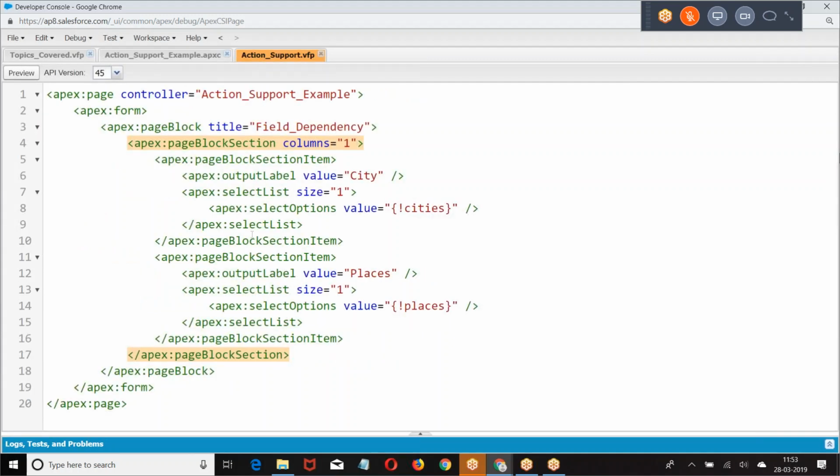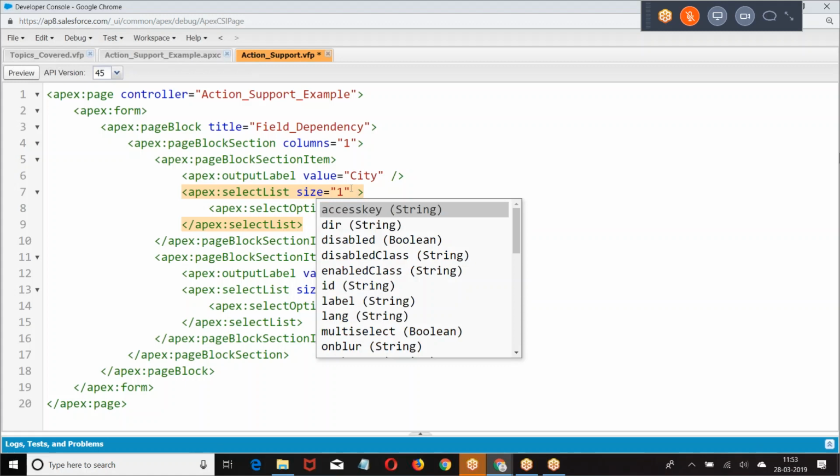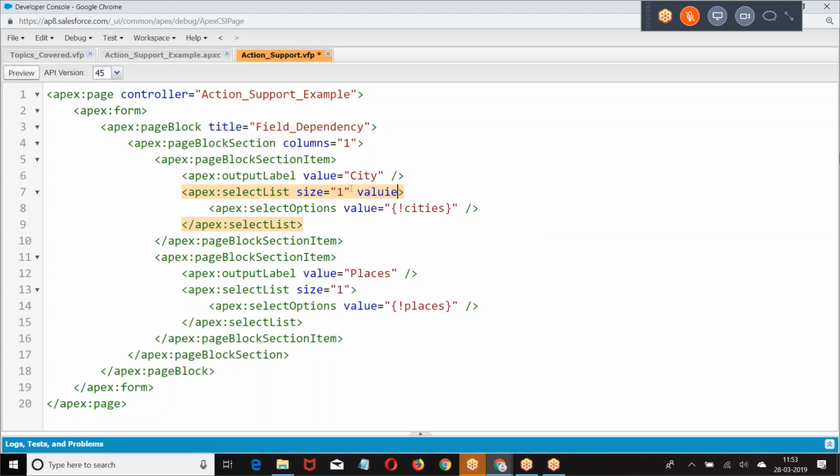Now listen carefully here. This is the concept I am trying to discuss. Whenever the change happens on this pick list, whenever the change happens on this element, you want some action to be performed.